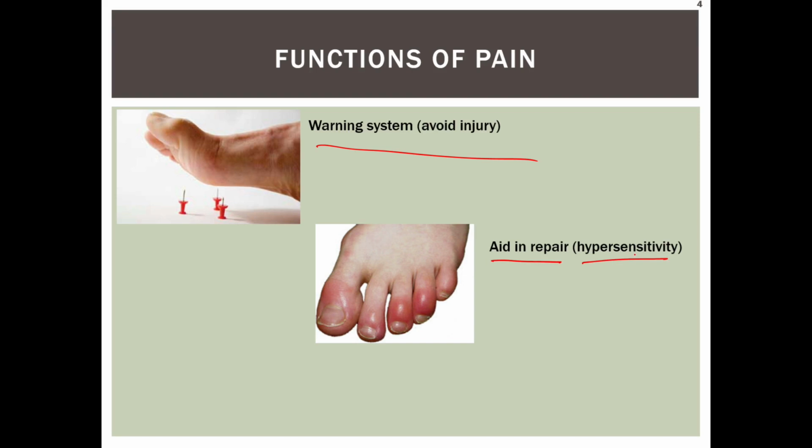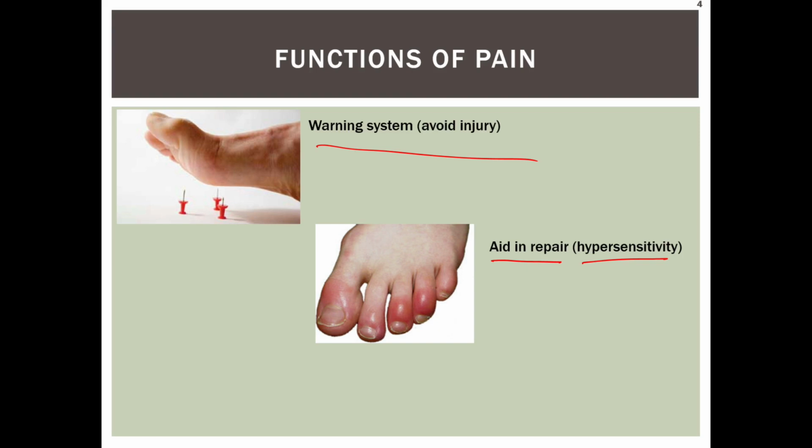It creates that hypersensitivity. An area becomes particularly sensitive to pain, very tender, and the pain becomes more pronounced. It's really sending a message to your brain to tell you to avoid using this area or to avoid the stimulus that's causing the pain, to allow for this tissue to